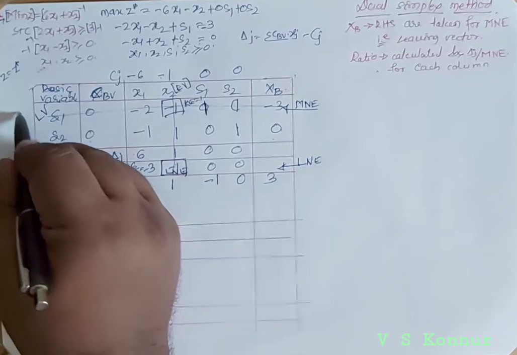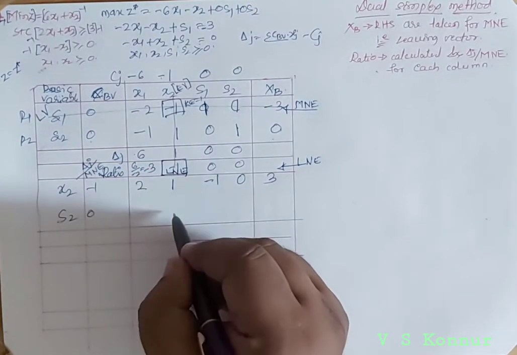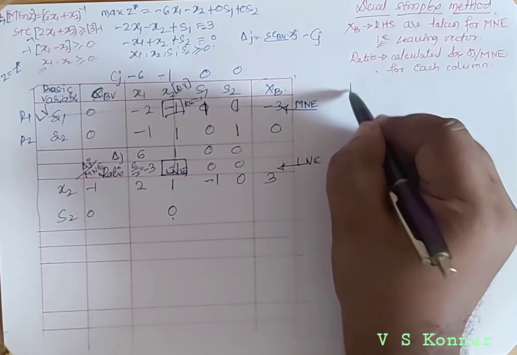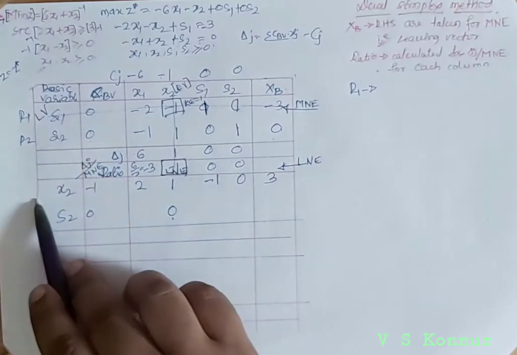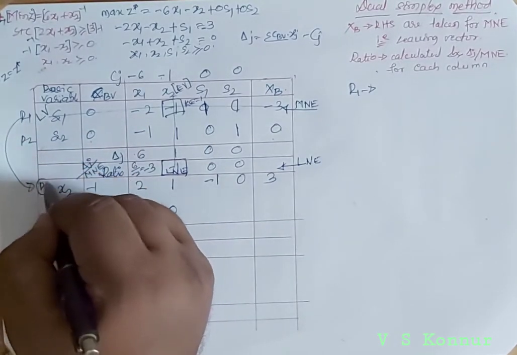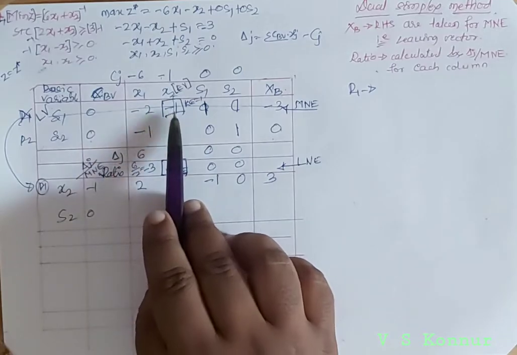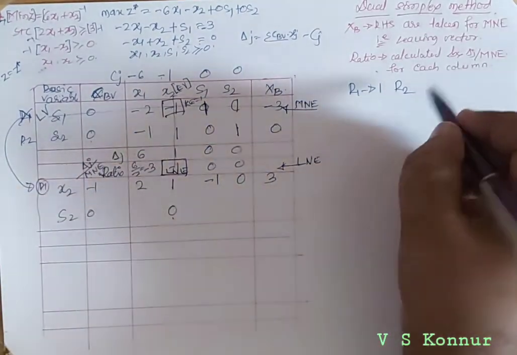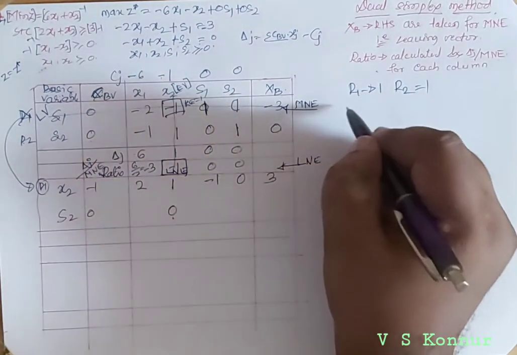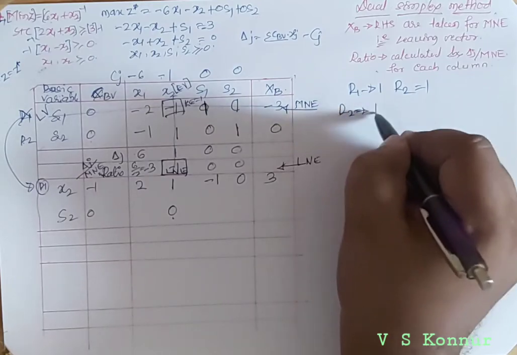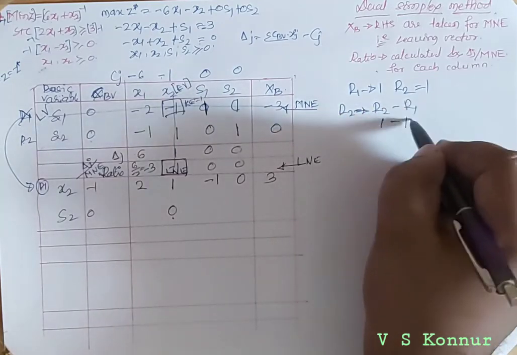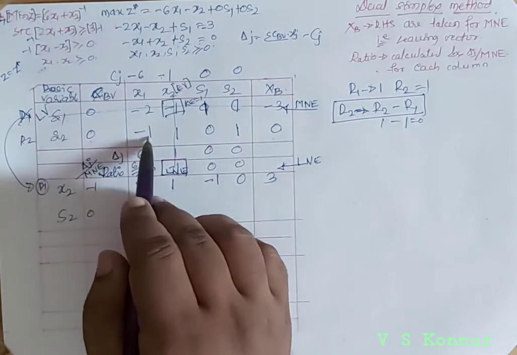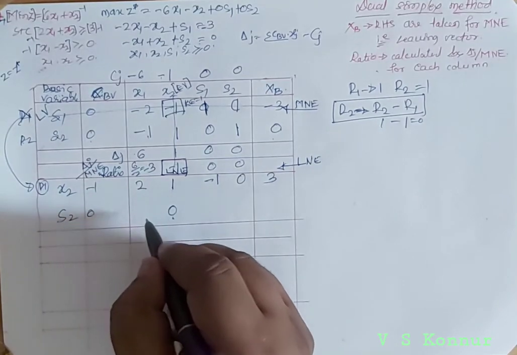Next, this is R1, this is R2. Other than this element, we should make this element 0. To make this element 0, we should write the equation. R1 has been replaced here because R1 was not equal to 1, it has been made equal to 1. R1 is equal to 1, R2 is 1. So both are having 1. To make R2 equal to 0, R2 minus R1, 1 minus 1 is equal to 0. So this will be applied, R2 minus R1. R2 is minus 1 plus 2, we will get 1.